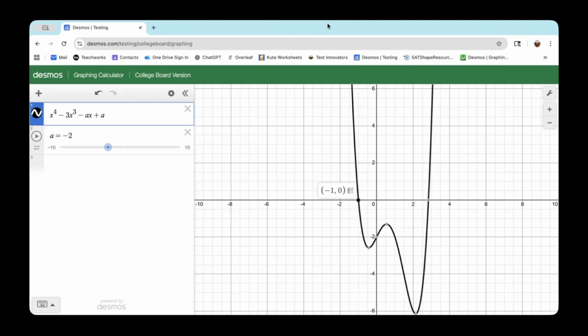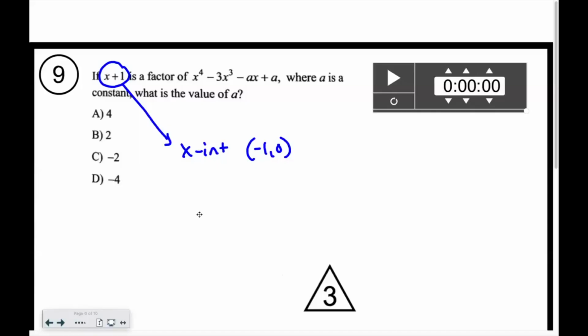Yeah, no questions here. Okay. So then I just want to show you another way that's maybe equally as fast. I don't know, but it's definitely close. And it could just depend. So if I know that -1, 0 is the x-intercept, which I need to realize that anyway to use Desmos,